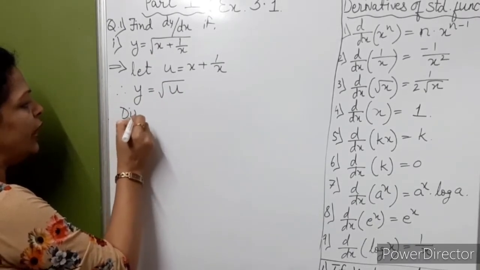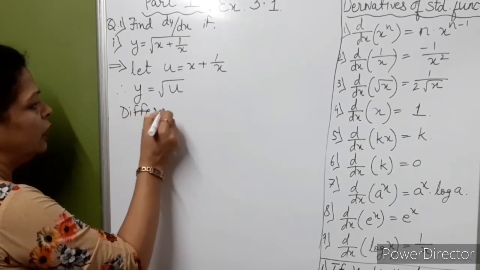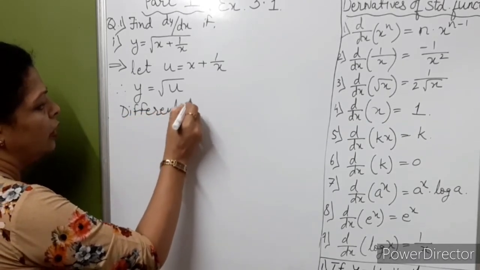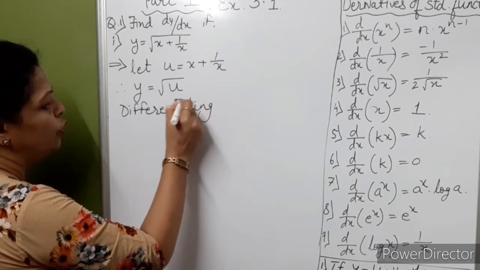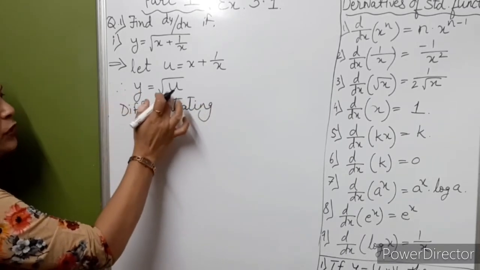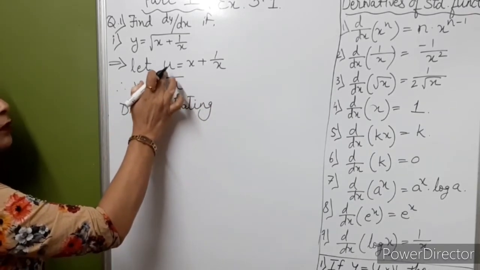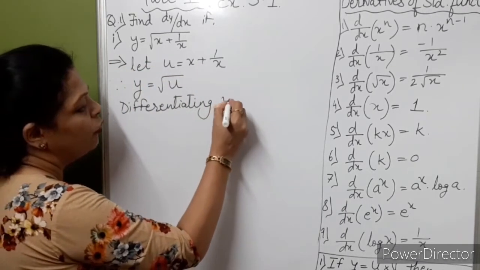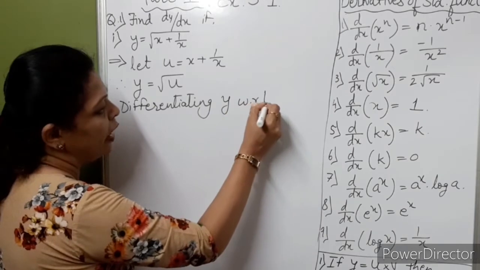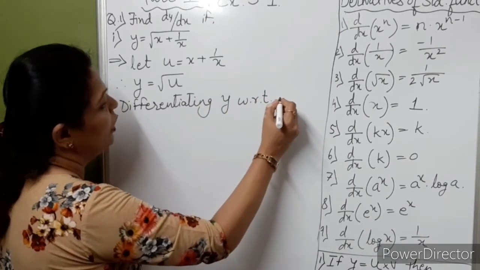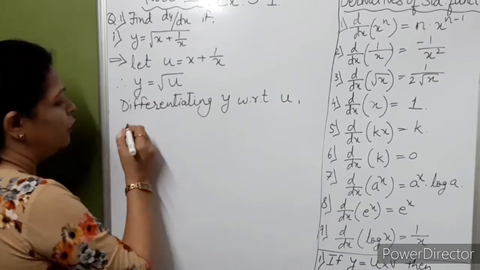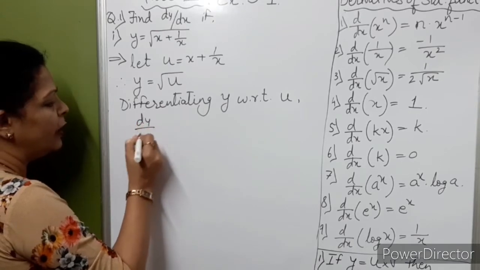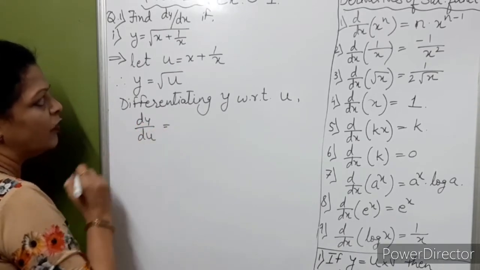Now, we will differentiate y with respect to u, and then we have to differentiate u with respect to x. So, differentiating y with respect to u, what will you get? dy by du is equal to